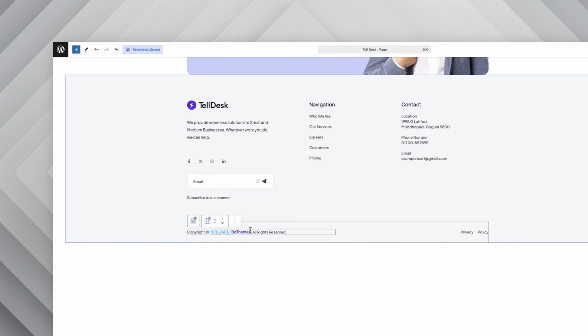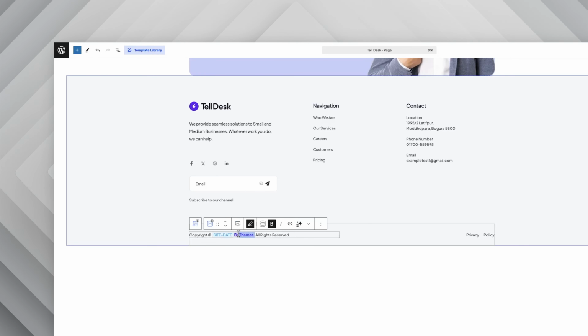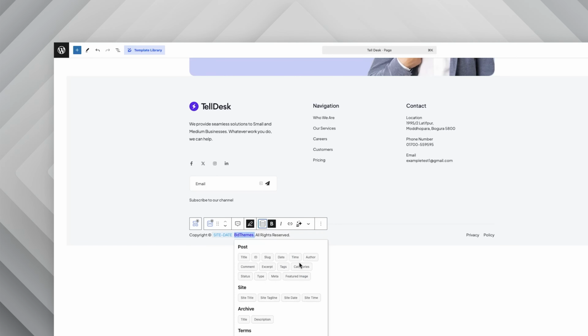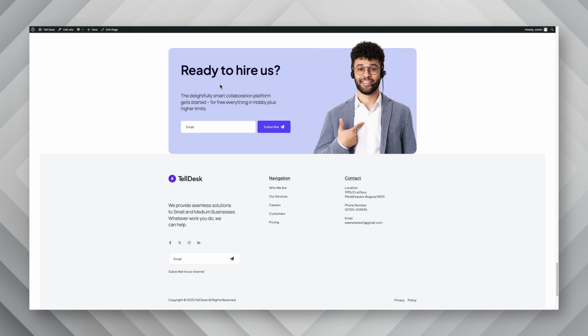Next, select another piece of text. Click on the dynamic content icon and choose Site Title from the Site section. Click Apply, then save the changes and preview the page. Now, the Copyright section dynamically displays the site-created date and the site title. And that's how you can use the dynamic content feature in ZoloBlocks to create fully automated, data-driven content across your